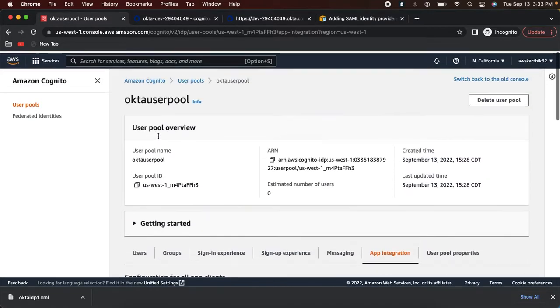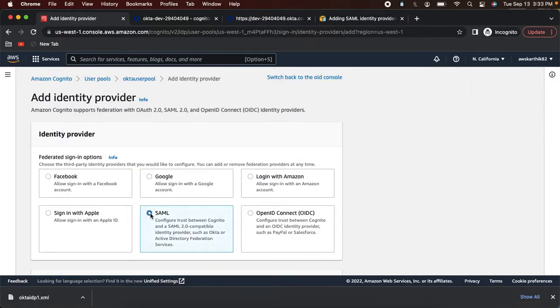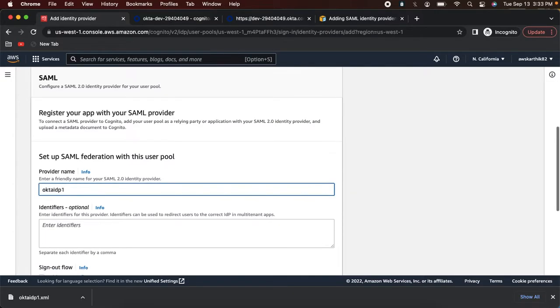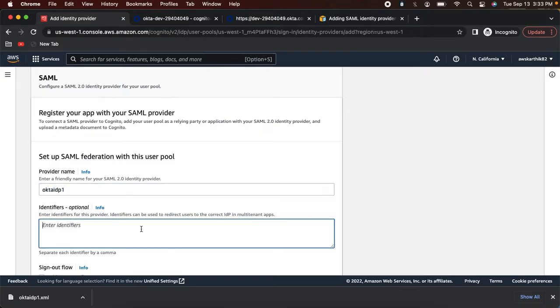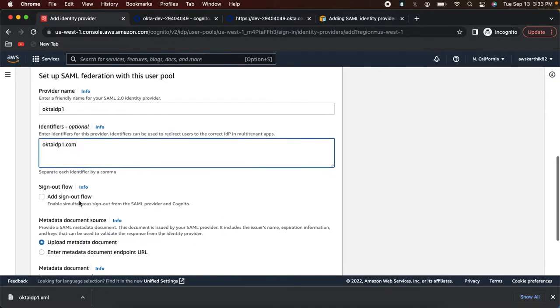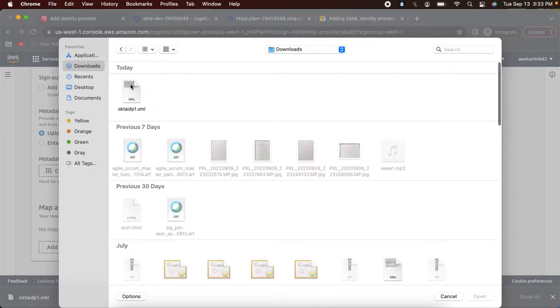So go back to the Cognito screen and go to sign in experience, click add identity provider, select SAML and name it as Okta IDP1 and name the identifier as oktaidp1.com. So this is just for testing purposes. There is no domain called oktaidp1.com. I'm just adding it for testing purposes. So you can just use any name and I will let you know where this identifier is used at a later point of time. So choose the metadata file